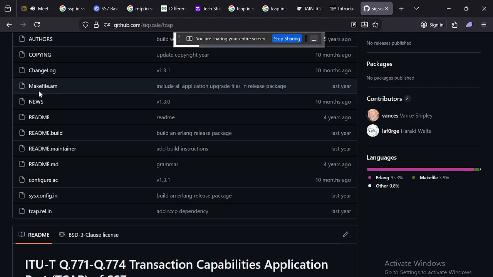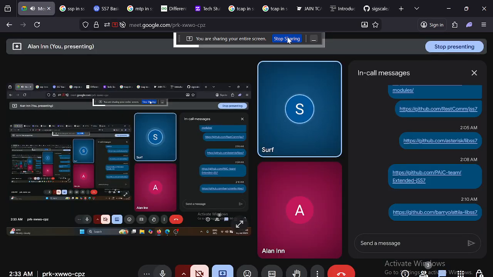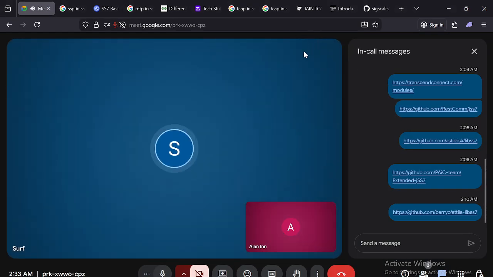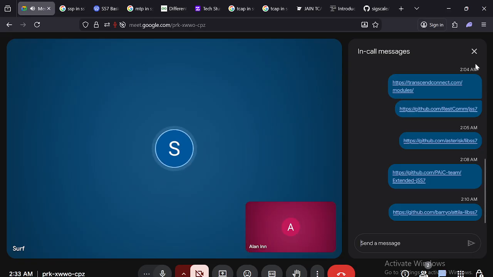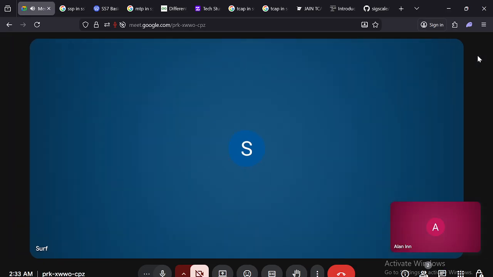Right. But okay, so you see how you're showing me SIGTRAN TCAP? Is that something that's on the actual normal list? Yes, very quickly, I'm showing you my screen. Show me. Let's see. Oh, sorry. There we go.